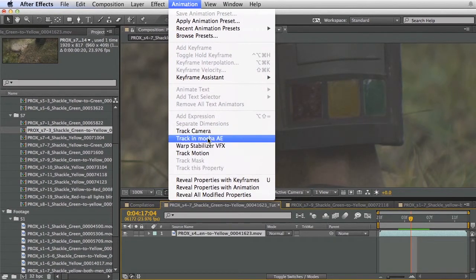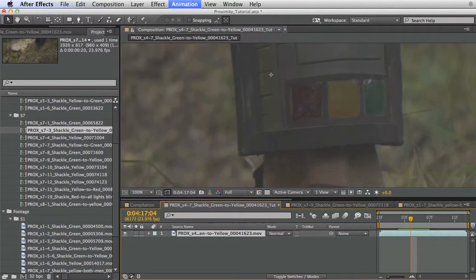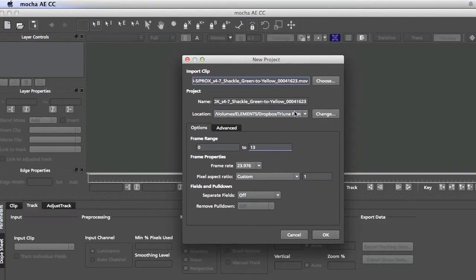So with the clip selected, I'll go to Animation, Track in Mocha AE. So we're going to create a new project. I'm going to change the name of this so I don't overwrite the work that I did before. Call this 2. It's pretty short, 13 frames. You can see 0 to 13. So